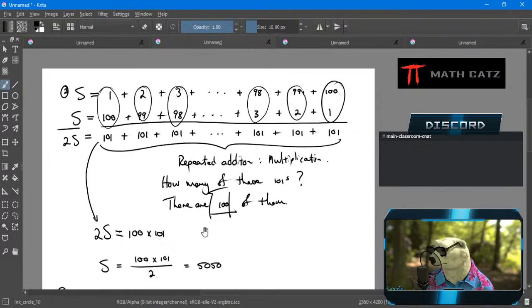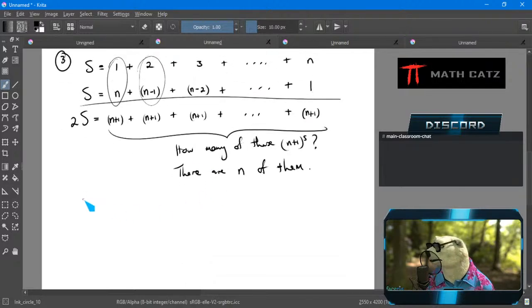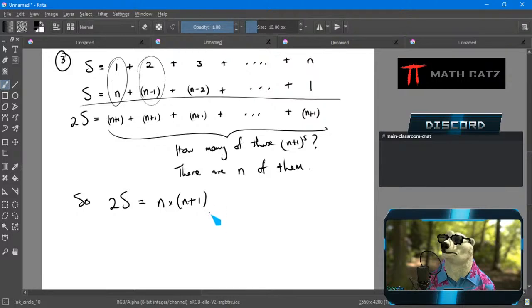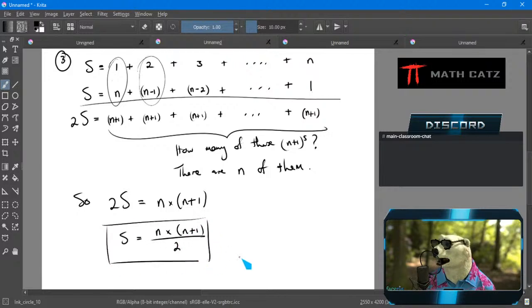So now we have, let's see over here, n times n plus 1. And that equals double our sum. So try to see the similarities between the case where n was equal to 100. We just want to leave it open because we don't want to be limited to a specific number and a specific sequence. That's the whole point of finding a formula. And then our correction at the end to find the actual sum will be just divided by 2. So now I have a formula,